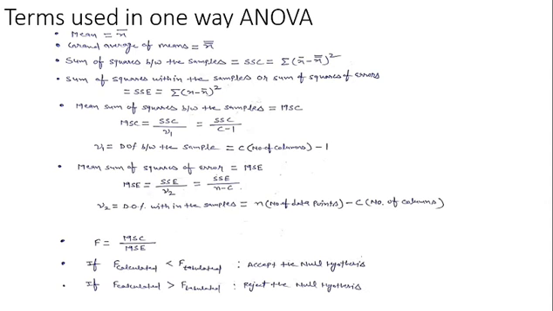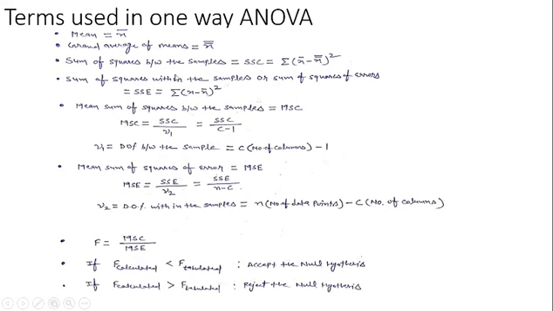Now we will see how to solve ANOVA. So first we see the case of the one-way ANOVA. There are some terms which will be used for the ANOVA analysis. So mean, everybody knows what the mean is. This is denoted by x bar. Here is the grand average of means, which is denoted by x double bar.